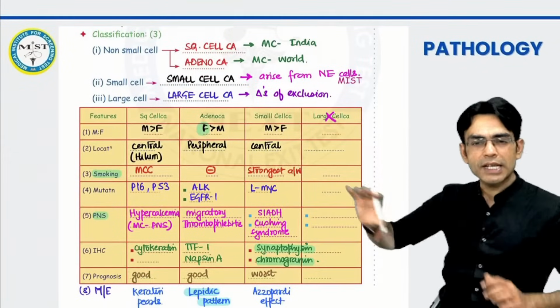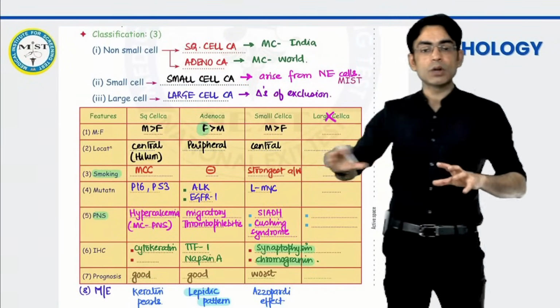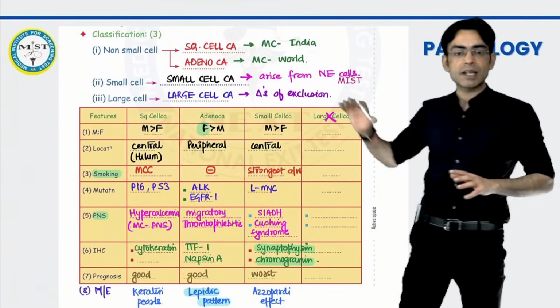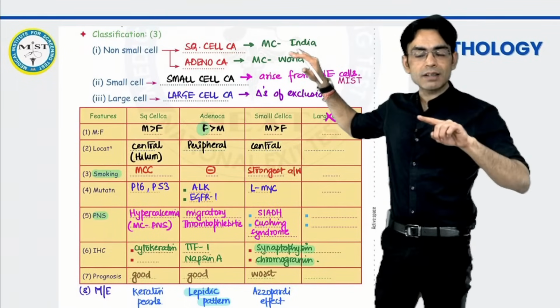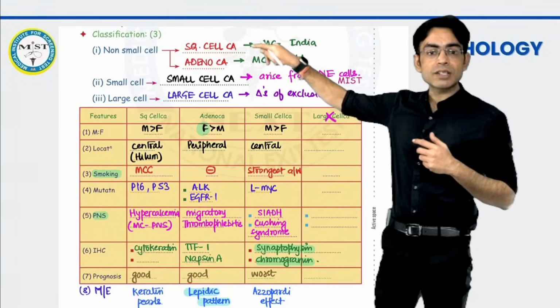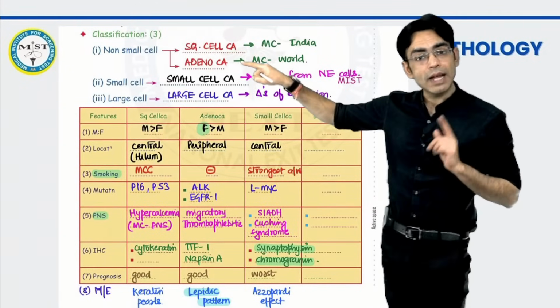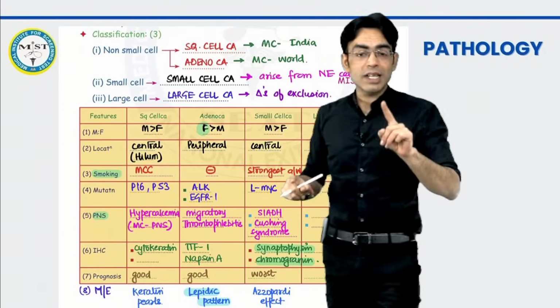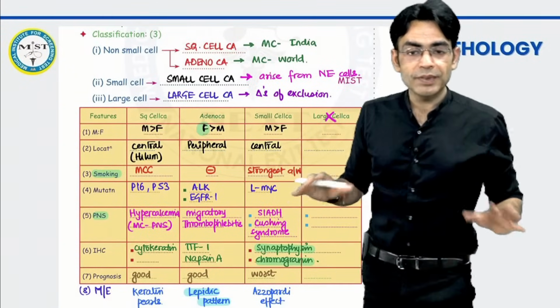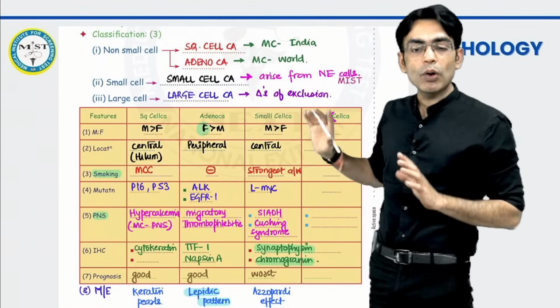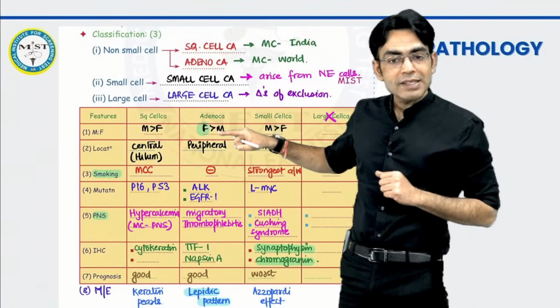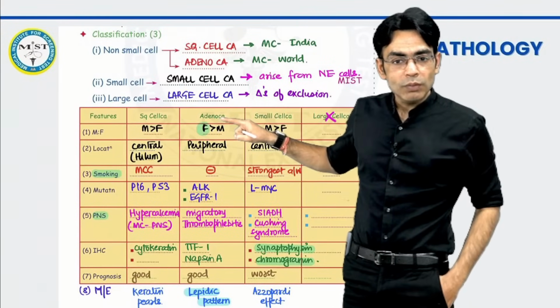ये बेटा छोटा सा एक टेबल है, इसको मैं क्विकली आपसे बोल देता हूँ, ये इंपॉर्टेंट है, इसको ध्यान से देख के जाना. मोस्ट कॉमन ओवरऑल कैंसर इन इंडिया इन द लंग्स, दैट इज लंग कैंसर मोस्ट कॉमनली इन इंडिया, दिस इज स्क्वैमस. वर्ल्ड वाइड एडिनो. स्मॉल सेल वर्स्ट प्रोग्नोसिस कैंसर. ठीक है, तो क्या क्या पॉइंट्स याद रखने हैं? ओनली द पॉइंट्स विच आर हाईलाइटेड. फीमेल्स के अंदर मोस्ट कॉमन कैंसर इज एडिनो.